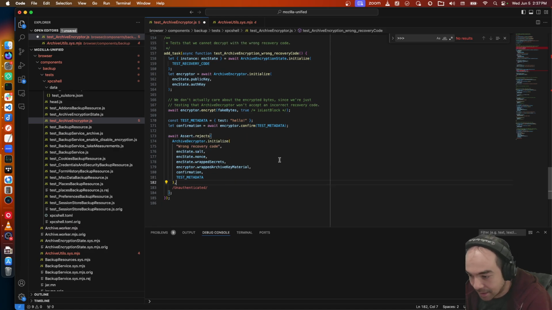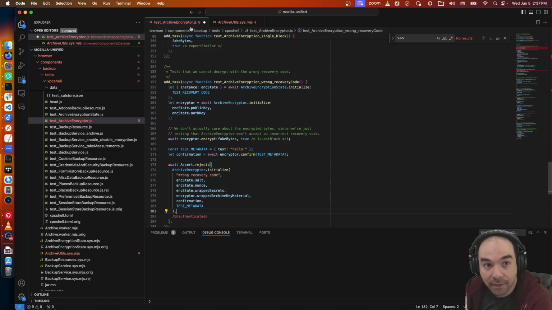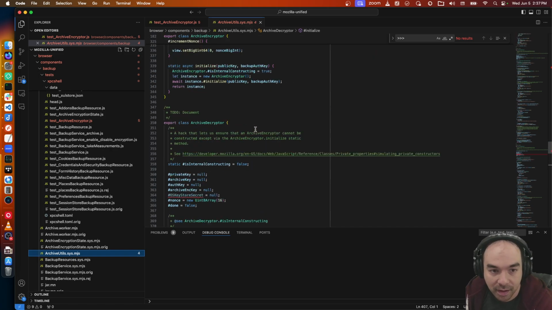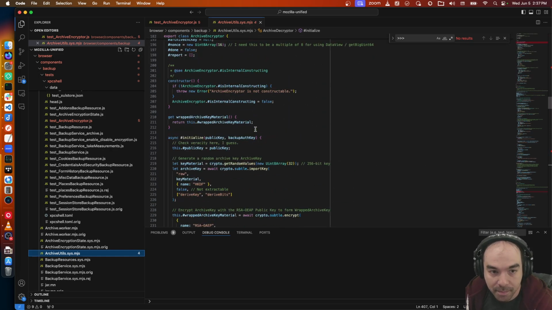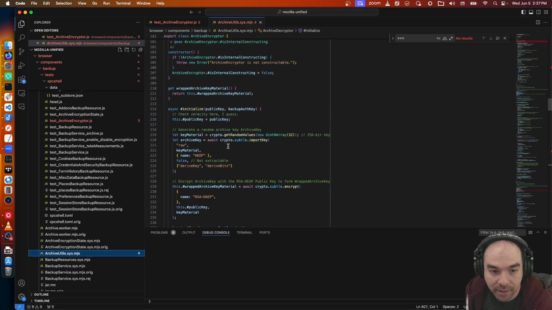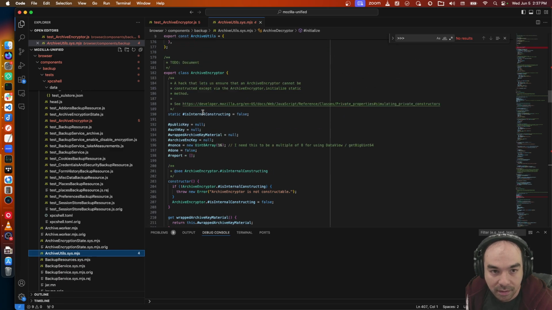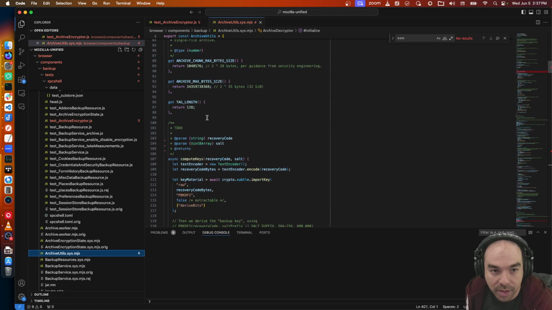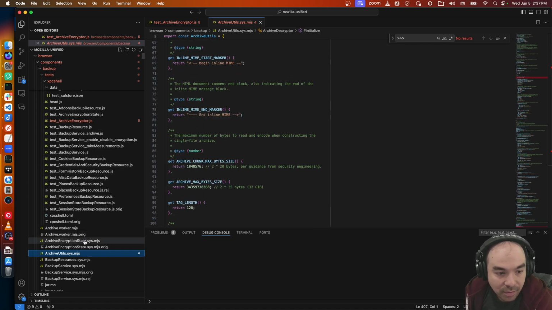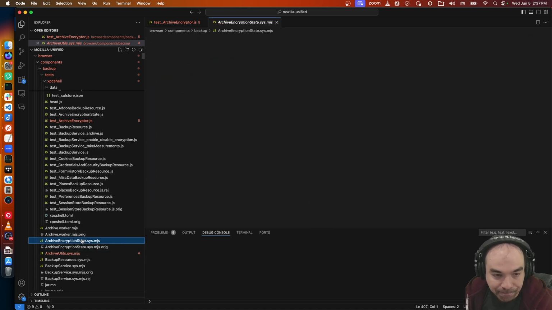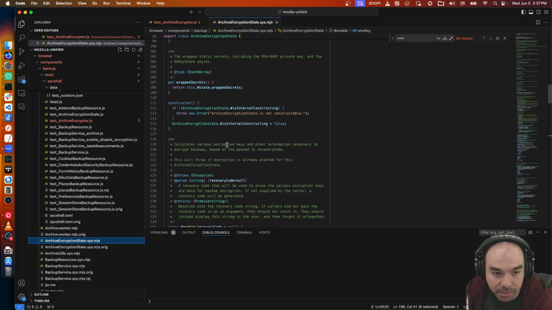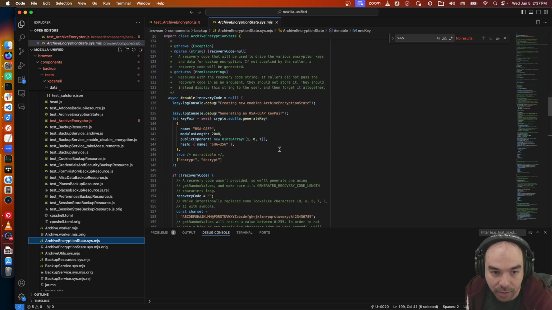Let's see here. But do you supply the key pair, like the archive encryptor does? It's very Byzantine. When you enable encryption, you supply a recovery code, or one is generated for you.